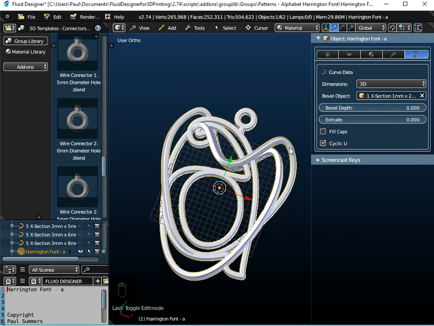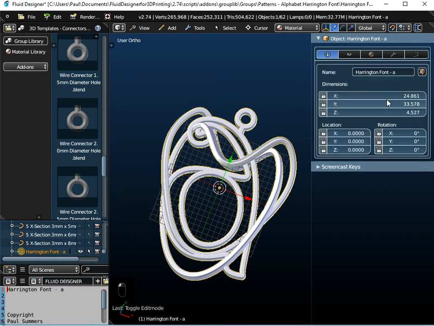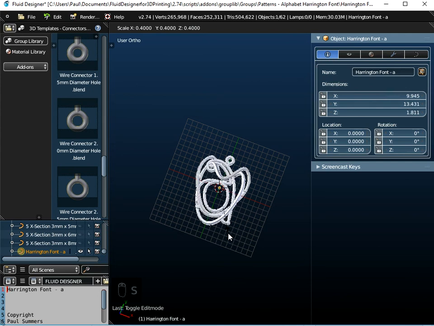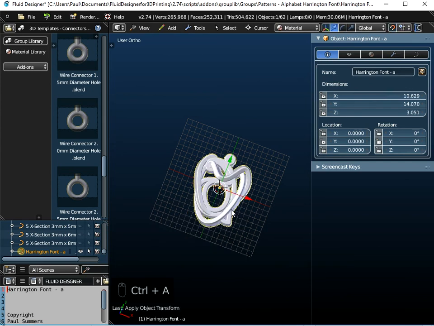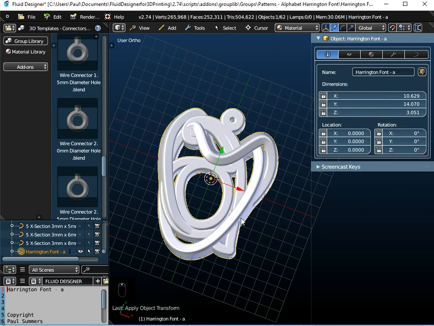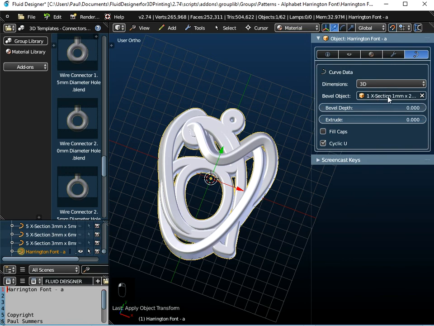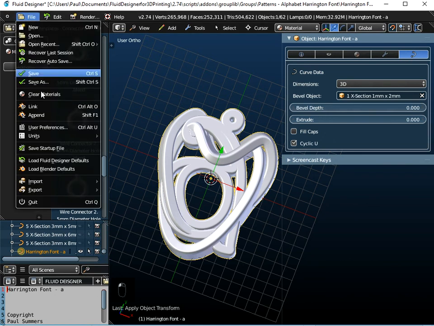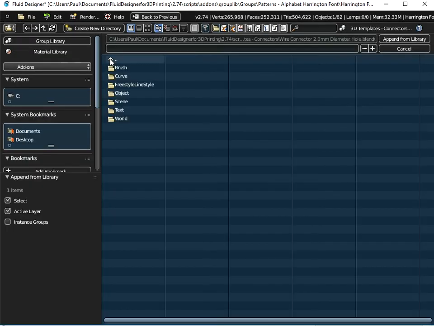The beauty about this also is that here we've created a pendant. If we wanted to be really clever, we could scale this down to, let's say, 30 millimeters, and remember to do Control A and apply the scale. Okay. And if we had some really nice printing equipment, we could change this bevel depth to a much smaller value than this. So if I just go to File, I'm just going to append